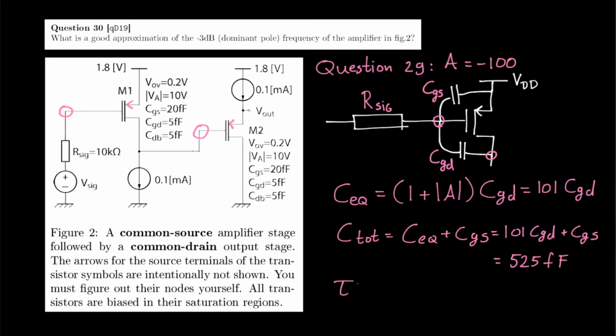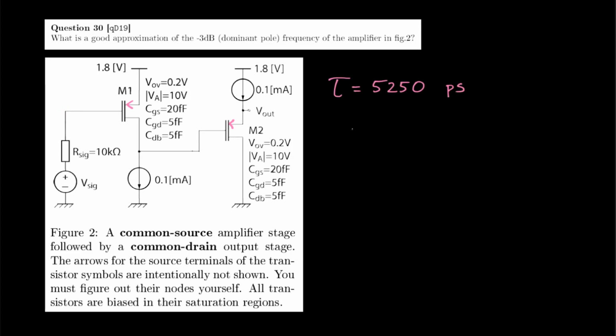The time constant in the node is now equal to the total capacitance in the node times the total resistance in the node, which, since there is only one resistor, R sig, is just R sig. So the time constant is 525 femtofarads times 10 kiloohms. And that is equal to 5,250 picoseconds. Now we have the time constant, we can just compute the bandwidth or the negative 3 dB frequency